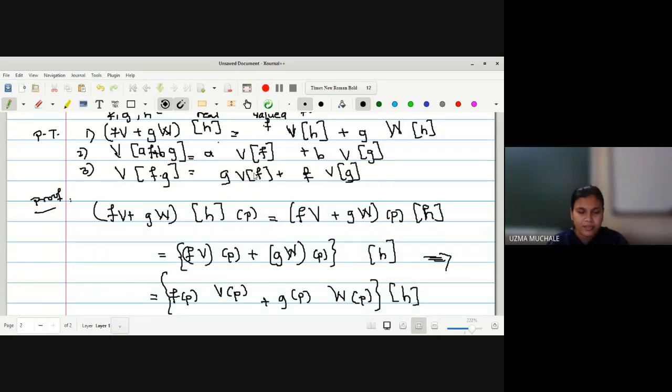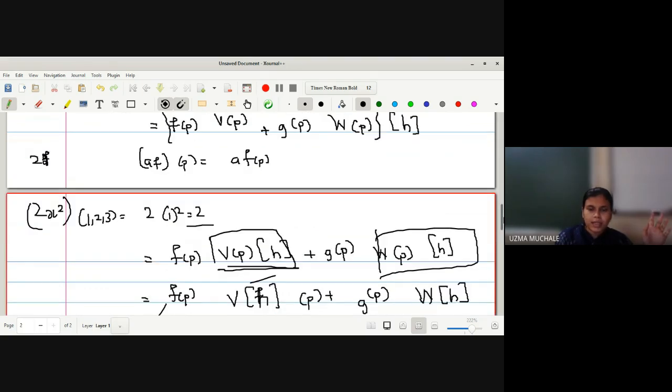Until now we were dealing with f, right? But here f, g, h are all real valued functions. So we just have to prove these three results, whatever we have proved for a tangent vector. Now, as we want to do it for a vector field, you know that for a vector field you have to go by a point wise application. So here also we have done the same thing. By going for a point wise application, we got the result.